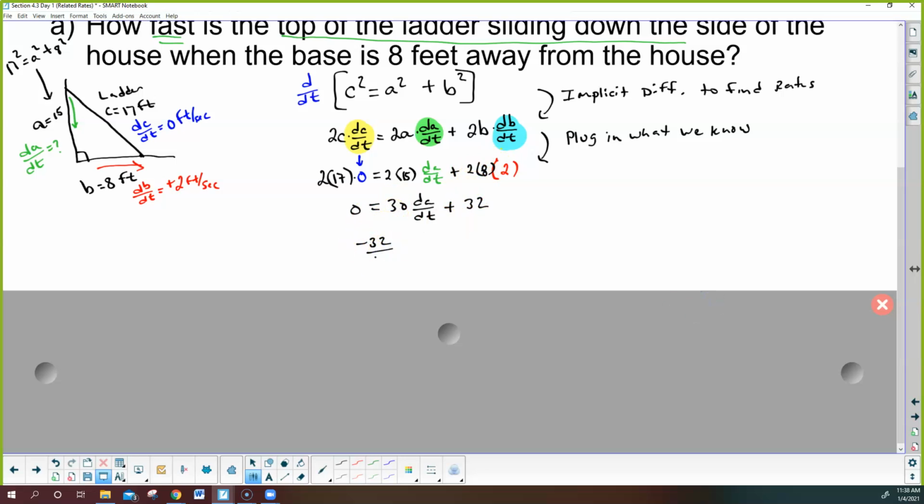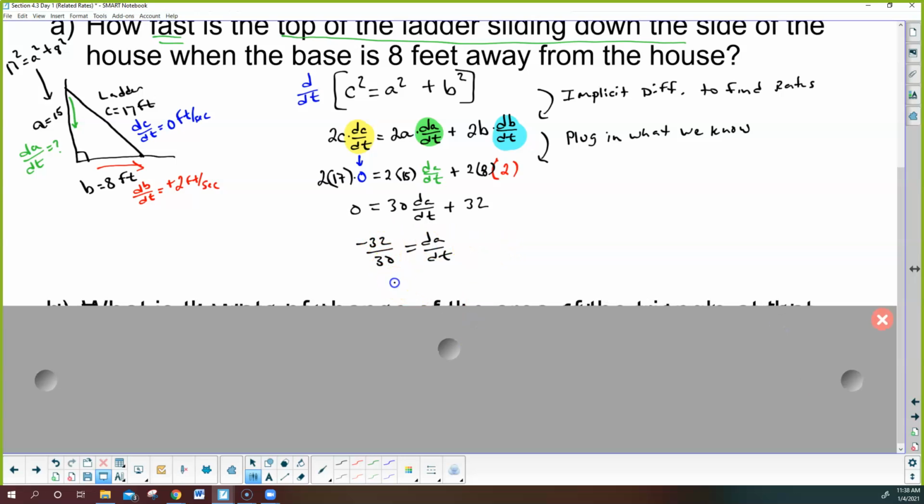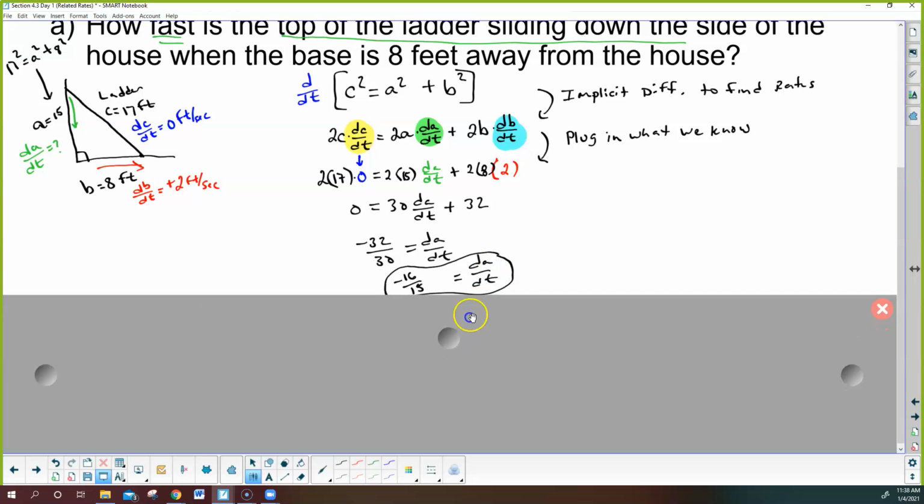At the same time, I'm going to divide by 30. And there's my rate, but we can reduce this. And I'm going to leave a little bit of a space because we should think of the units. dA/dt,